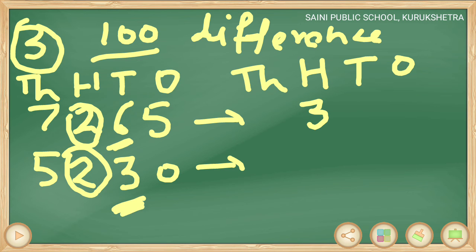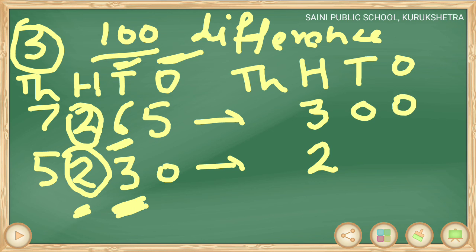And here is 3 on the right side of 2, which is less than 5. So 2 will remain unchanged. So I will write here again 2. Now our third step: replace all the digits on the right side of the rounding off place by zeros. Here is the hundreds place which we want to round off. So all the digits on the tens place and ones place will be replaced by zeros. So put here 2 zeros and again put here 2 zeros.